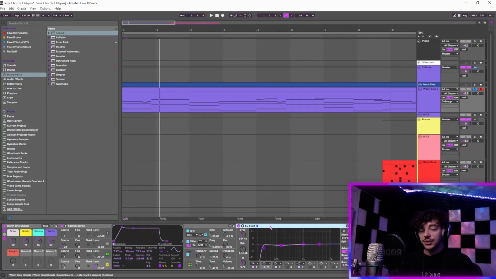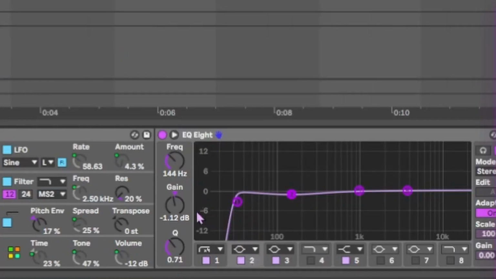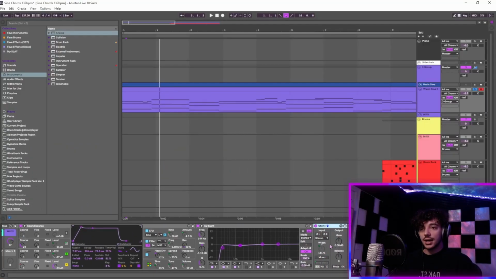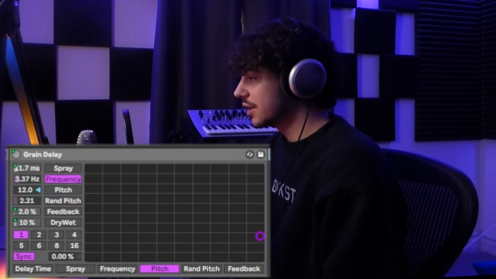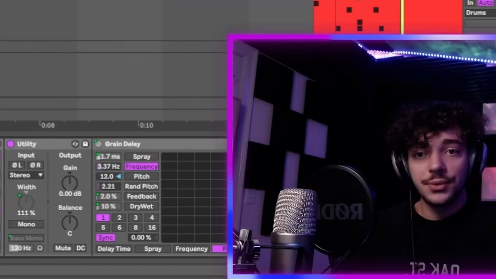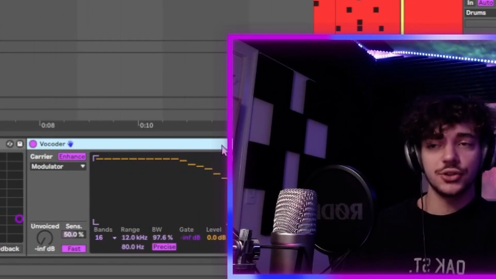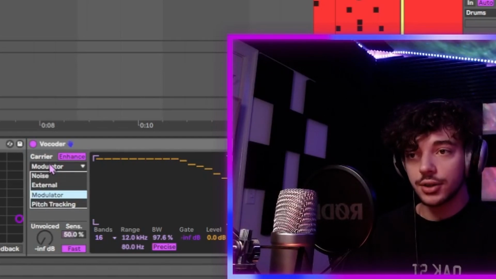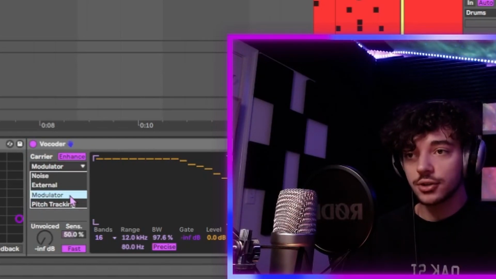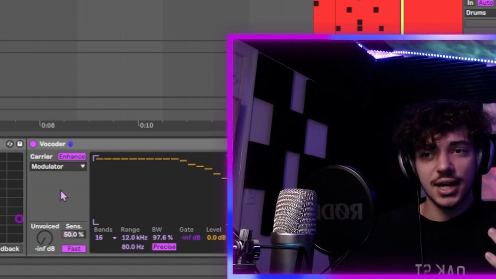So first we've got this EQ. This is a tonal effect. This is cutting off the sub frequencies and reducing our lows a little bit. Then we've got a utility, and this is going to increase or decrease the width a little bit. Then we've got this grain delay, and this is actually adding sort of a shimmer effect, an octave up. Then we have this vocoder, and this vocoder is just sort of changing the timbre. And if you set Ableton's vocoder to the modulator setting, it's just going to change the sound in a really